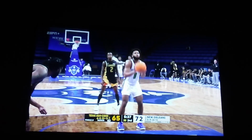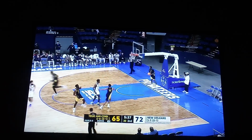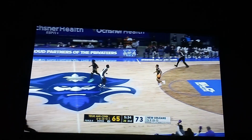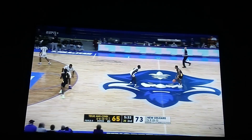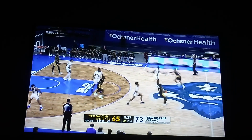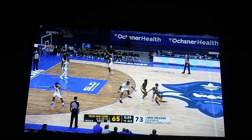One more foul shot coming. Adding to that career high, and buries it. 1 of 3 Privateers in double figure scoring so far. 73-65 UNO. A&M Commerce with Phelps across the timeline with it. Now Williams